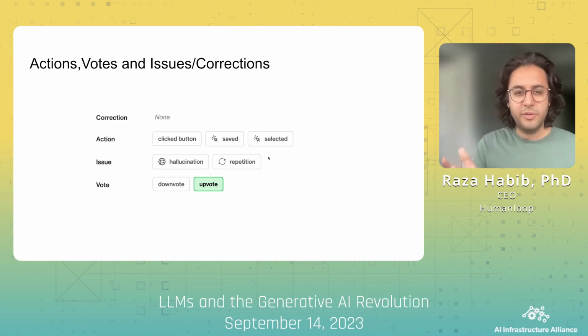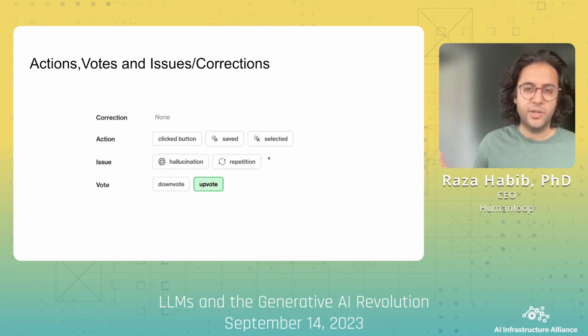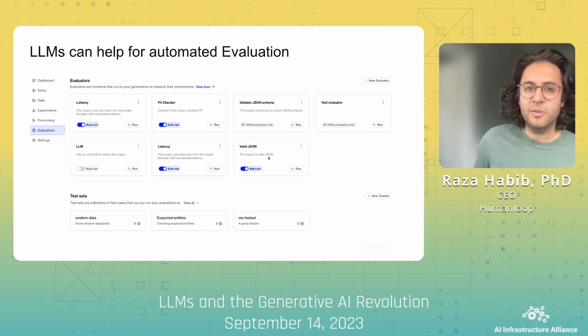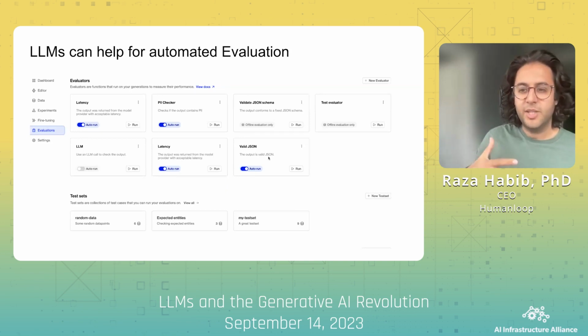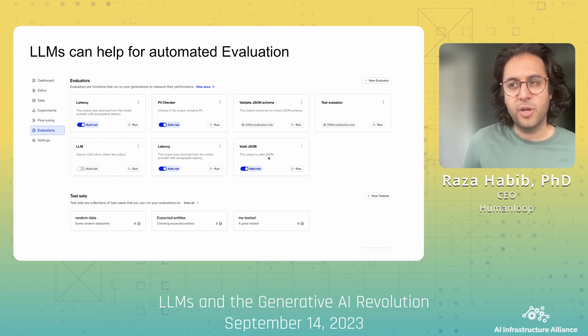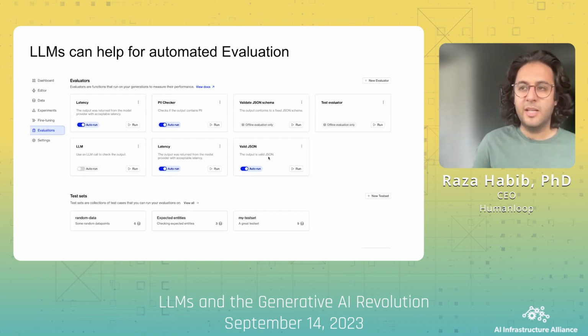So although end user feedback is the gold standard, there are other ways in which you can also do evaluation and monitoring. One is obviously just having standard sets of evaluation functions for things like latency, cost. You can measure BLEU and ROUGE scores on production data. But the other is you can also use LLMs to help you run automated evaluation. And the advantage here is that LLMs can look at things that are subjective somewhat better than pure code can. So you can have an LLM read the input and the output of a message and score it